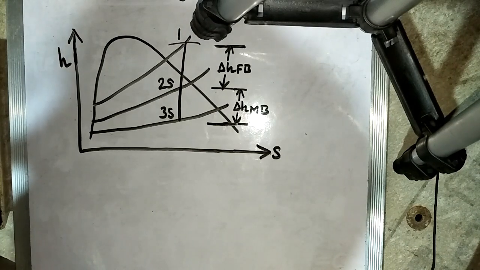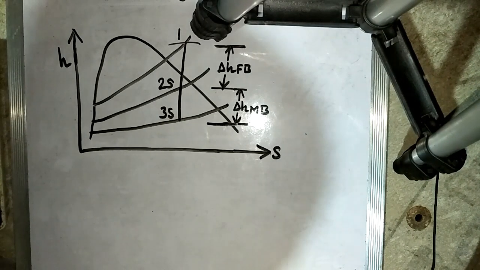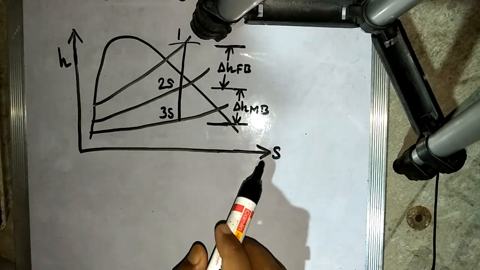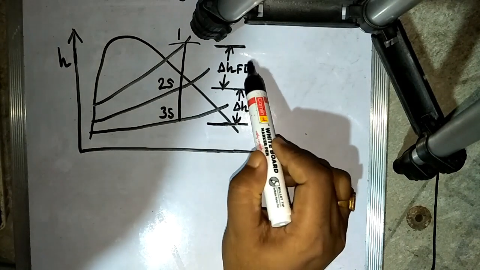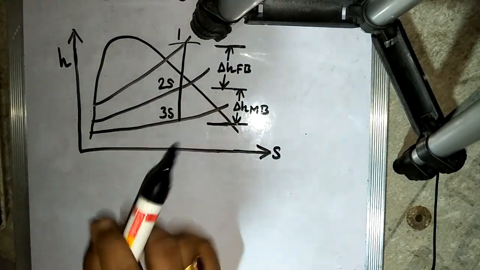So it's no longer convenient to talk of nozzles and blades, since in the reaction turbine both the fixed and moving blades act as a nozzle. It is usual to refer to the two sets of blades as stator or fixed blades and rotor or moving blades. Since the isentropic enthalpy drop of the stage is equally divided between the fixed blade and the moving blade, as shown in this enthalpy versus entropy diagram, this one is the enthalpy drop in the fixed blade and this one is the enthalpy drop in the moving blade. So from this diagram we can write